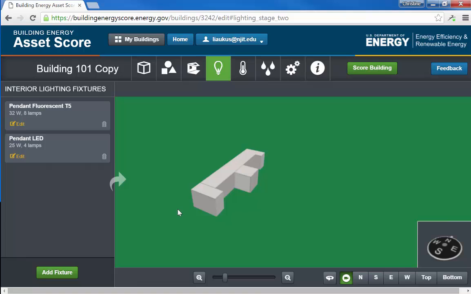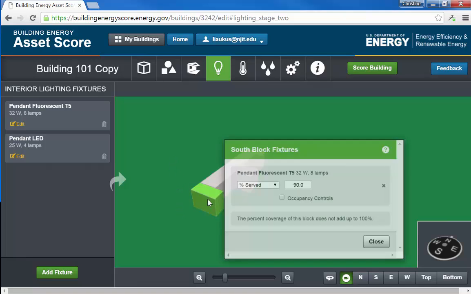Now that we've changed this fixture type, we need to make sure that our lighting is shown properly in each of these blocks. So now we can double click on each block and we can see that we have the pendant fluorescent T5 serving 90% of the space, but we don't have 100% covered. In reality, in this building, the pendant LED lamps are serving 1 tenant space. So this south block would have all of the pendant fluorescent T5s,